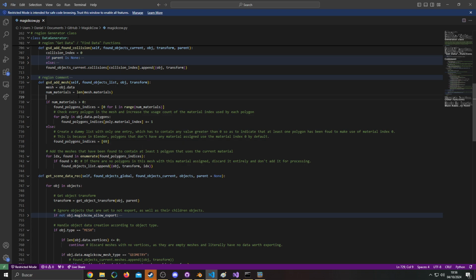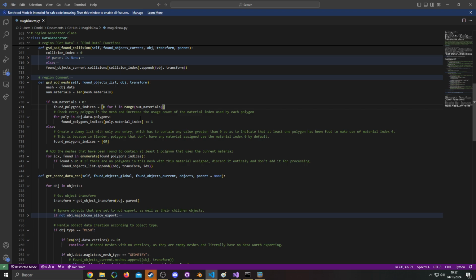So I'll explain why. Basically, what we do is check how many materials there are, and if there are more than 0 materials, that is, the mesh has literally any materials assigned to it, we're going to generate an array, or a list in Python, right, which contains the value 0 for however many materials there are, right? And the point of this list right here is to contain how many polygons use the material at every single index of the materials list, right? So for example, if we have a mesh with 2 materials, we will have a material at index 0 and another at index 1. And what we're doing with this list is generating a list with 2 positions, and every single index corresponds to whatever material index, and its contents is the number of polygons that use said material index,